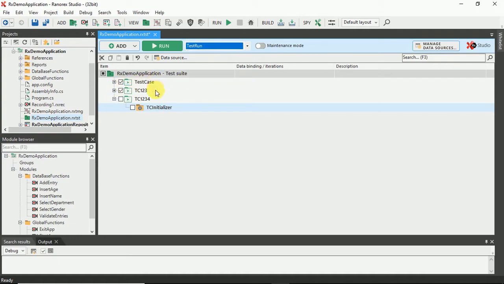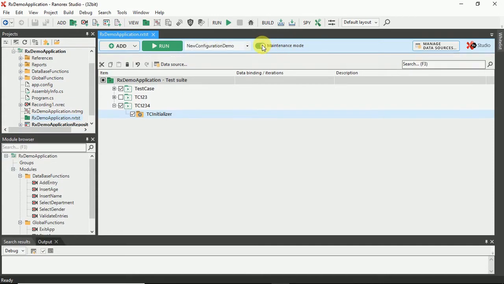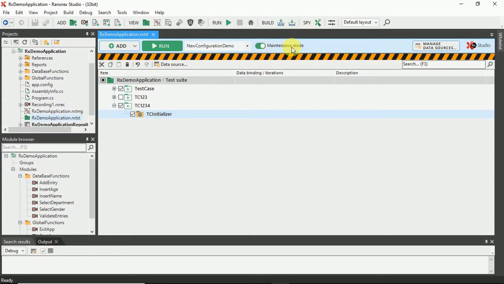Now you can see I am selecting the multiple configurations. You can see the number of test cases being selected and deselected from here only. Okay, so this is the functionality of run configuration. And the fourth component in a test suite view is maintenance mode. When we need to debug our test cases which are failing continuously, and you want to check where it is failing, you can use this maintenance mode for that operation.